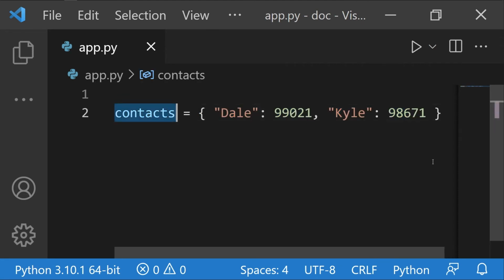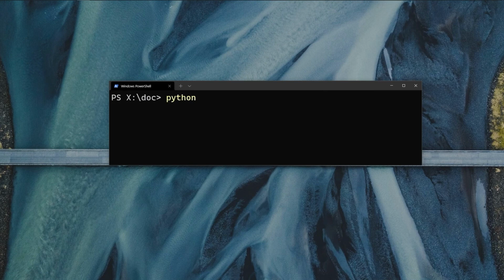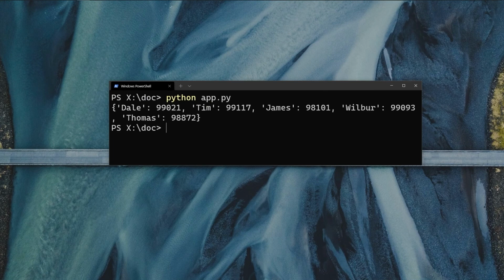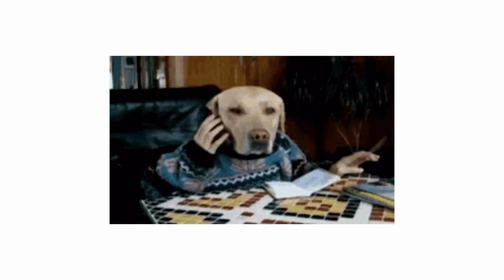Now Sam's dad asks him about Tim's contact information. Sam pulls up the terminal, runs the Python file, and reports back to his dad. His dad was impressed with Sam and thought his kid had become a hacker when he used the terminal. Now it may have been good for Sam's dad, but not for Sam. His dad keeps telling him to note more and more numbers, and Sam ends up with a very long dictionary